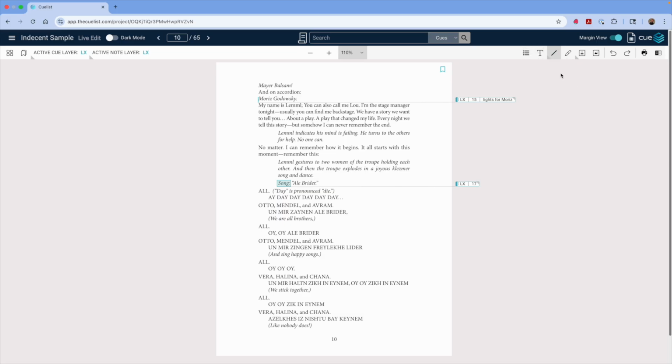Nestled beneath the drawing tool is the line tool, the highlight tool, the stamp tool, the image tool. These are all available to you by clicking on the toolbar or by using the shortcut keyboard command, which you can see here in the tooltip. So for text, it's T, for drawing, it's D, for line, it's L, highlight is H, stamp is S, and